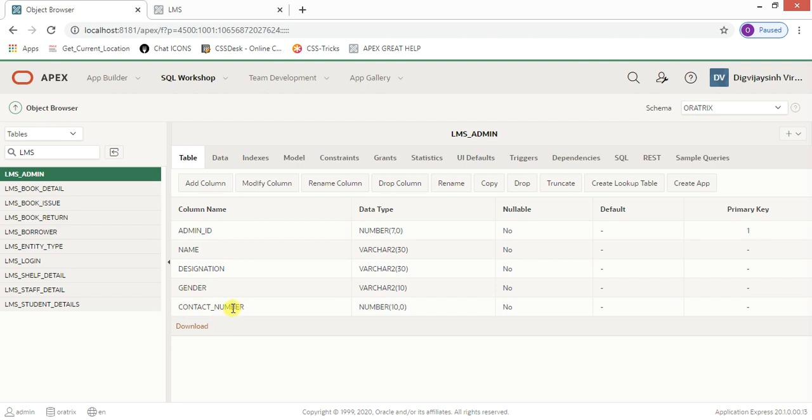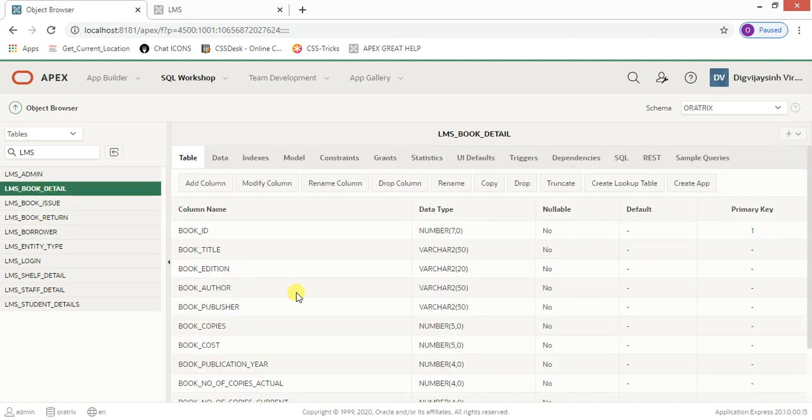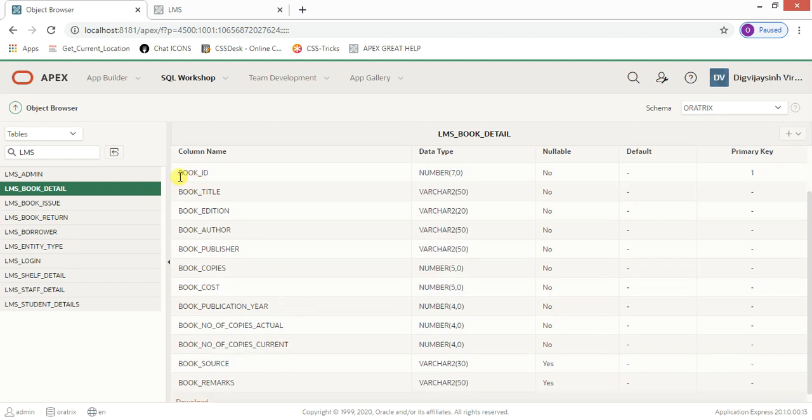Also I have kept only the required fields. You can add as many as you can, it doesn't make any difference actually. So the second one is LMS book details. It contains information like book ID, book title, edition, author, publication, the book copies, its cost, publication year, and book number of copies actual. So when you buy a particular book, this field will show the actual copies, and this current copies